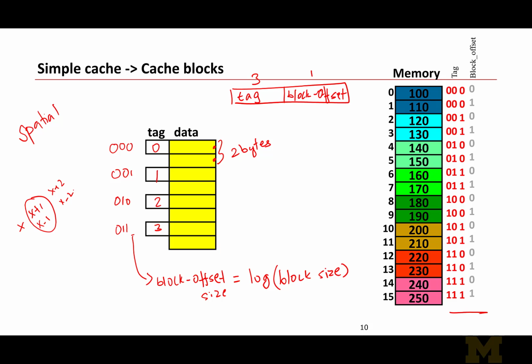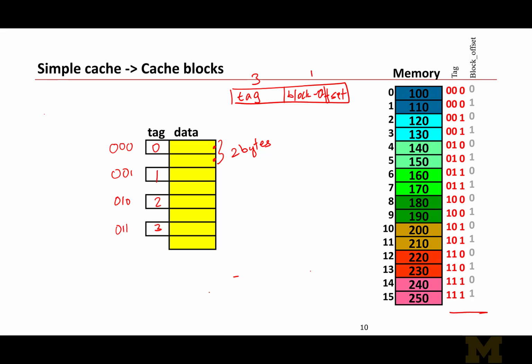All right, so now we have a completely different problem. So far we've been talking about how do I reduce the number of tags and how do I reduce the tag size. We have one more problem in comparing the given tag from the address to the tag that is stored in the cache. So in this example, I have 4 cache blocks. So if I give you an address, then I need to compare the tag in the given address to all